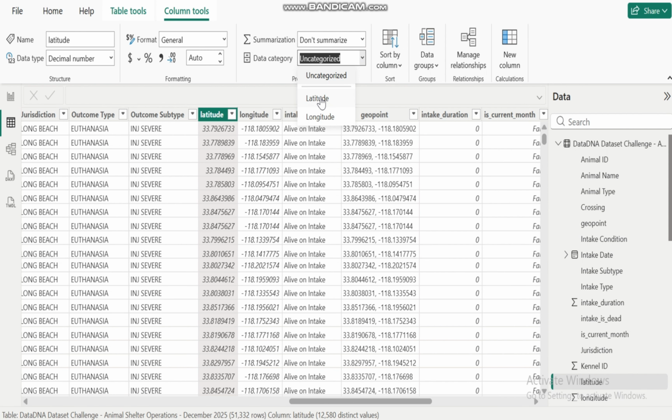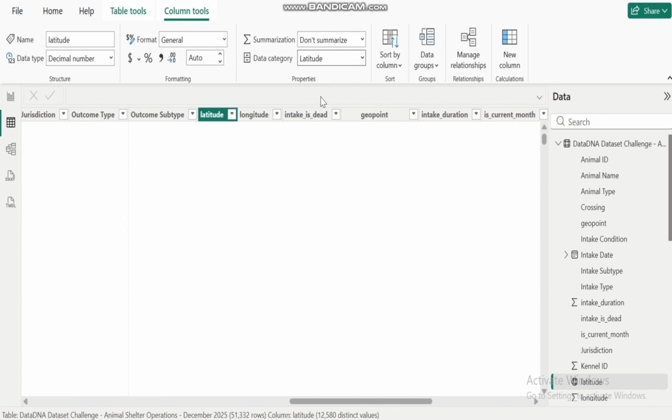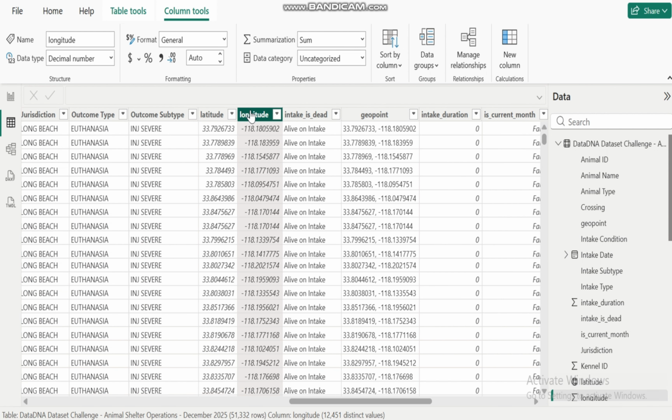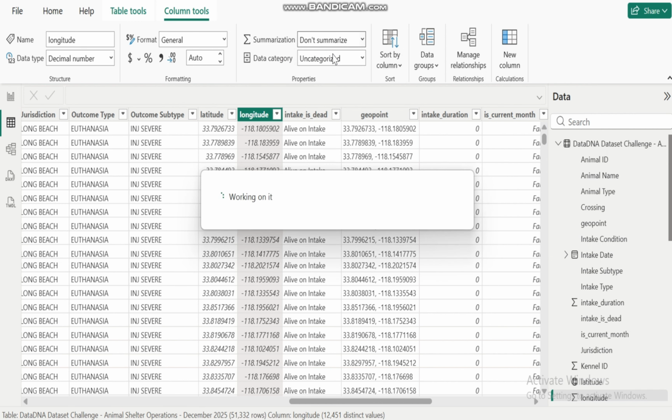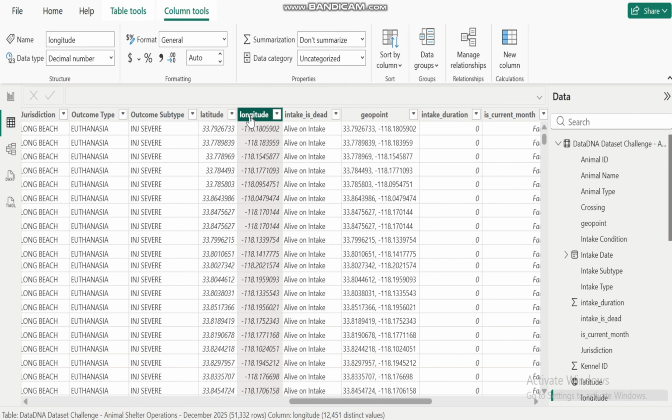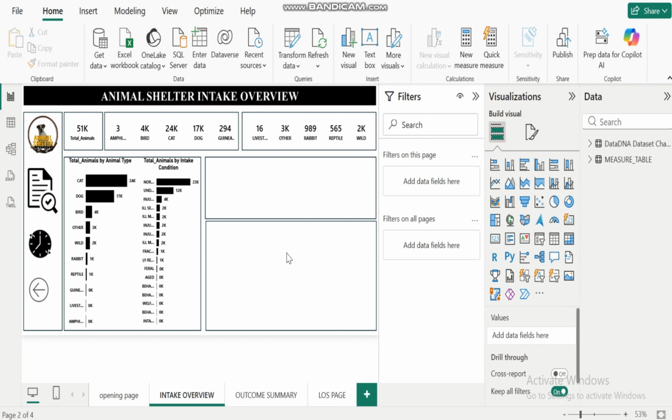Since it's latitude, I want it as latitude. Then I'll come to longitude and do the same thing. I want this as don't categorize, don't summarize, and for the uncategorized, I want it to be longitude. Okay, and now that I have this, I can just go back in here and we can start